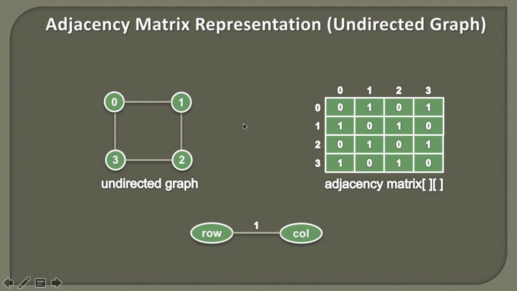Similarly, if we are at node 1 and we want to go to node 0, then there is an edge. So from the first row to 0th column there is an edge. As it is an undirected graph, we can go both ways, from 0 to 1 and 1 to 0. If we want to go from 3 to 2, then from the third row, second column, there is an edge which can be represented as 1. Similarly, it is an undirected graph, therefore from 2 we can go to 3. So from the second row to third column, there is an edge.